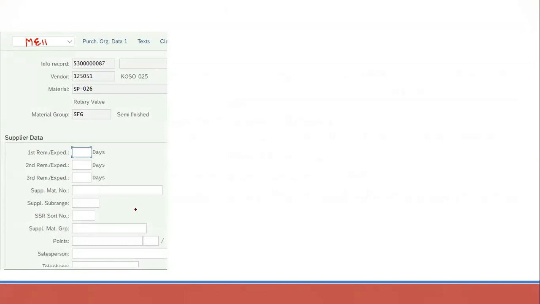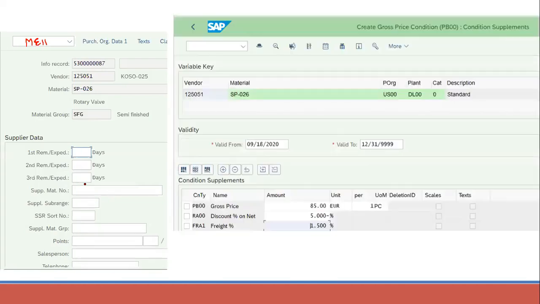We can enter it here. Here we can also provide the reminders: first, second, and third reminder. This is the number of days after which a message output via email can be sent to the vendor for the material delivery. We can enter all the pricing and conditions related data here.